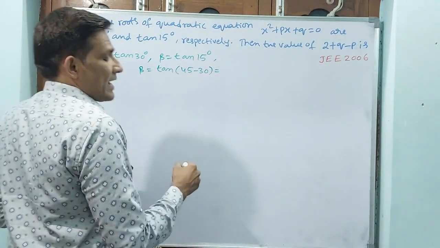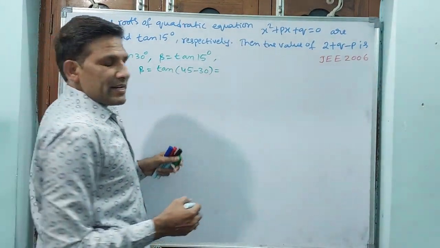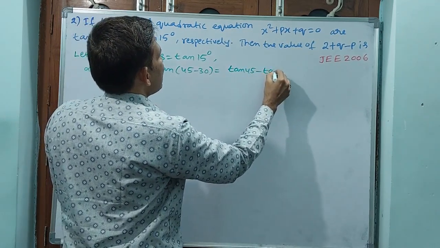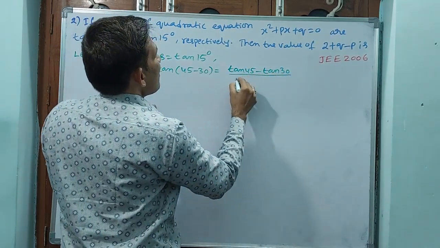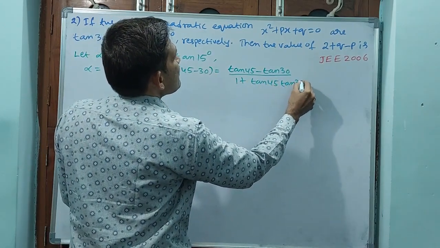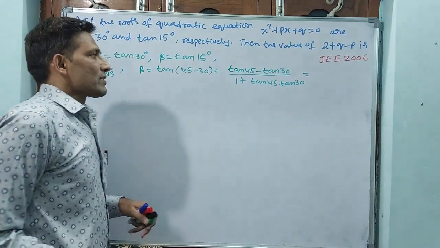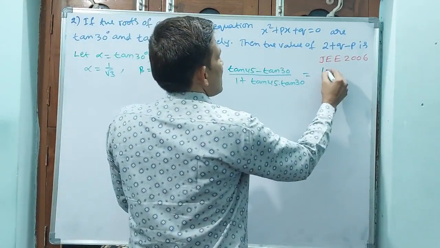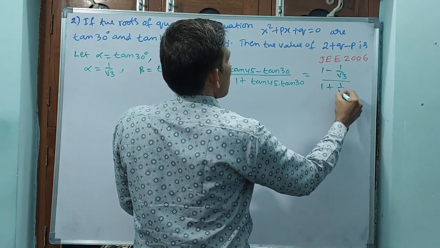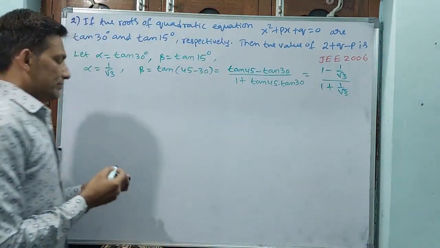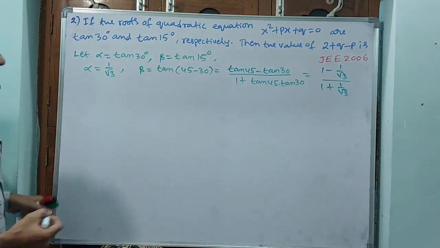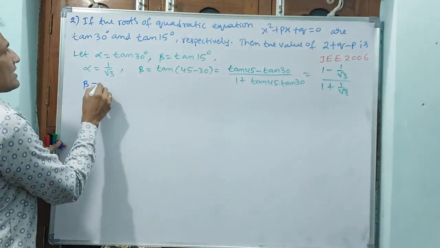Okay, tan A minus tan B by 1 plus tan A tan B. See, tan A minus tan B means tan 45 minus tan 30 divided by 1 plus tan 45 into tan 30. Okay, that is 1 minus 1 by root 3 by 1 plus 1 by root 3. Why? Because tan 45 is 1. Okay, alpha you are having, but beta, what we can say,